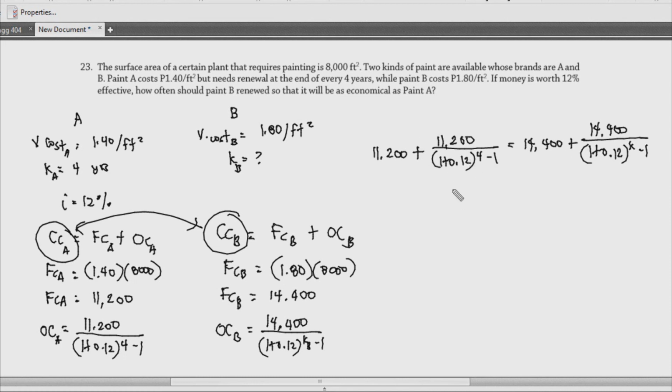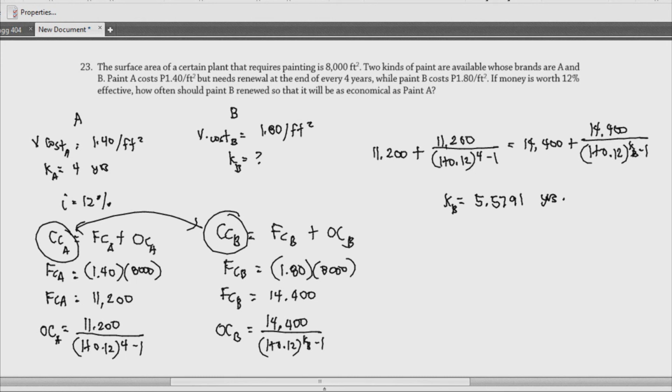Now, solving for this, we could just find the value of our K of B, okay, which is the paint B. That is equal to, and you have to expect na kailangan mas mataas para mas matagal siyang mag-renew ng paint. So, parang ganun yung idea dito eh. Okay, so the answer for this problem is 5.5791